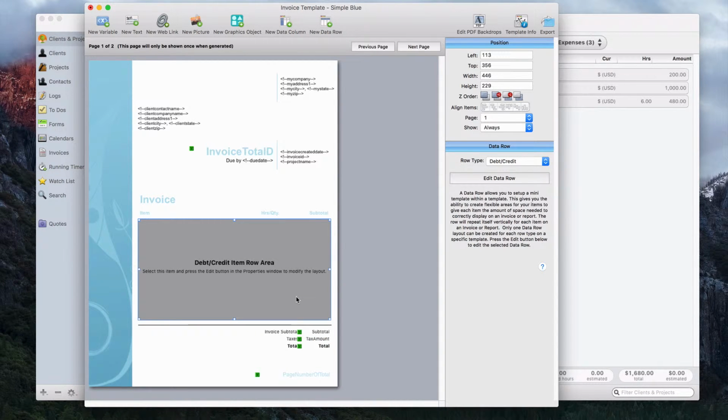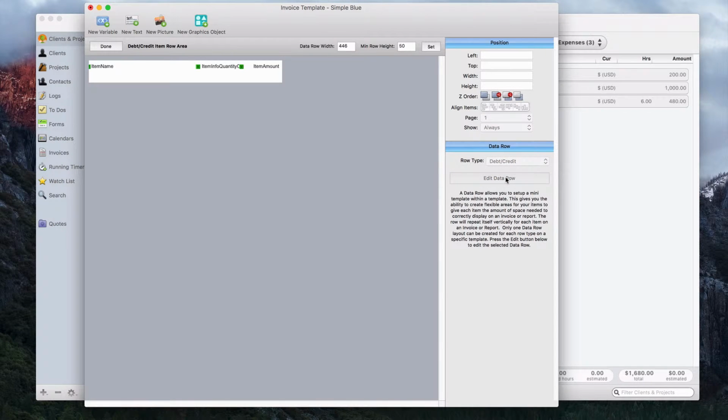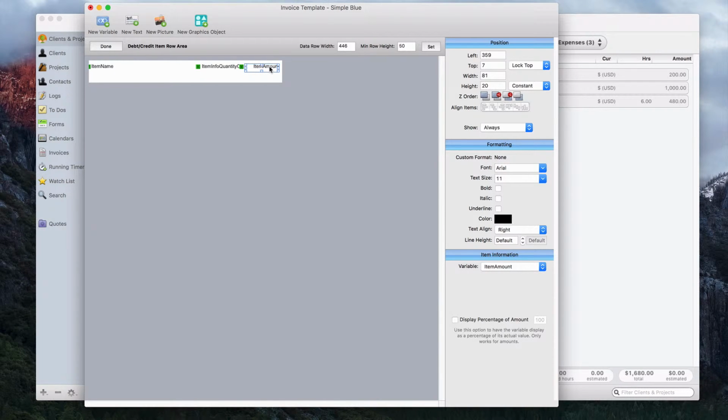Now in invoices you can have what's called data rows or data columns, and again you can check out the invoice template tutorial for more information about those, but this invoice uses data rows. So I'm going to edit this debit credit item row area by clicking Edit Data Row, and we can see here one of the variables is item amount, and this will just show the amount of each item on the